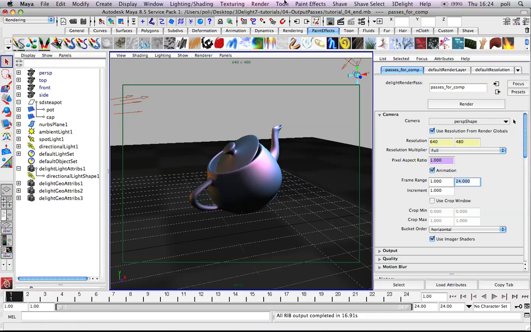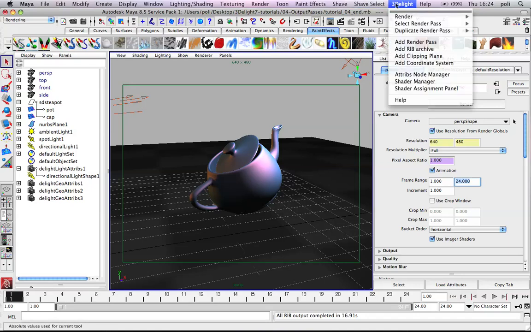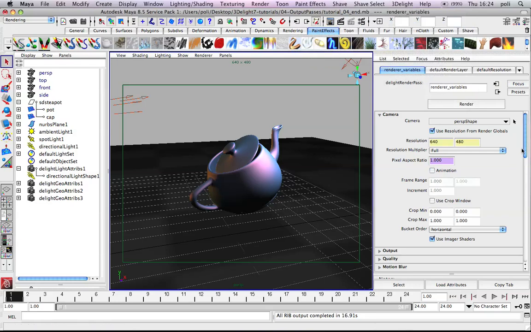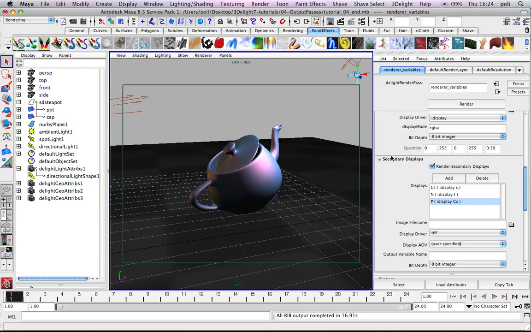What I wanted to show you before was that if you select the variables, you not only have the possibility to put secondary display AOV, but you can also put render variables. So for example, the color of the surface, the normal, the point being rendered in some specific space, etc. You have basically 40 of these. You can see these in the RenderMan manuals and the 3Delight RenderMan manuals. So if you set some